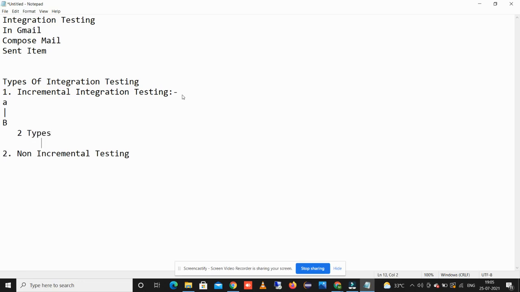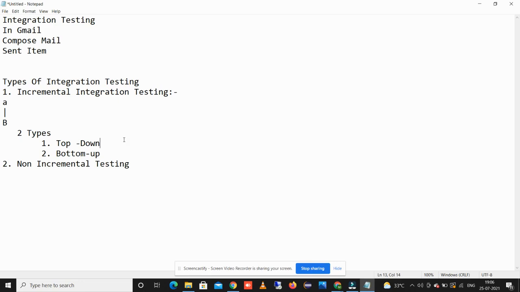One is top-down incremental testing, and second one is bottom-up incremental testing. In top-down, we are adding the modules in a top-to-down approach and testing the data flow between them, making sure the module being added is a child of the previous module.